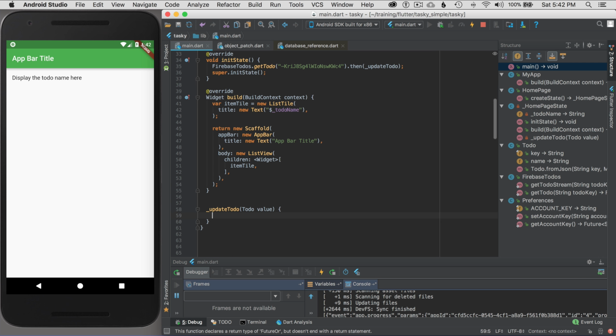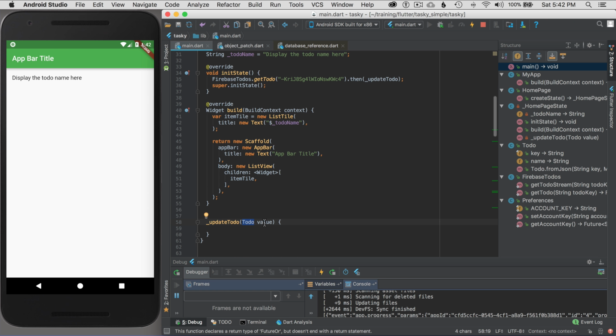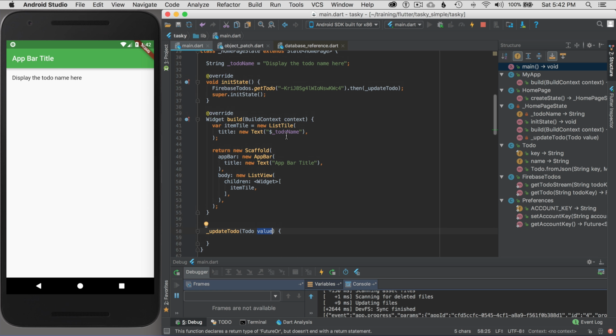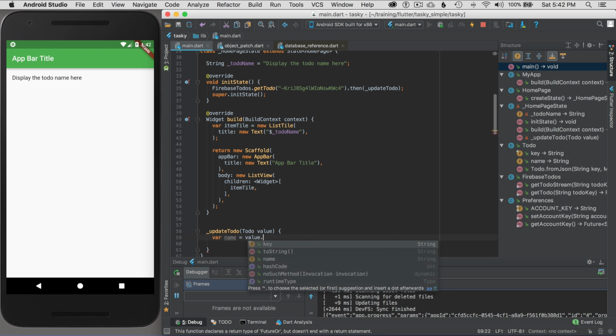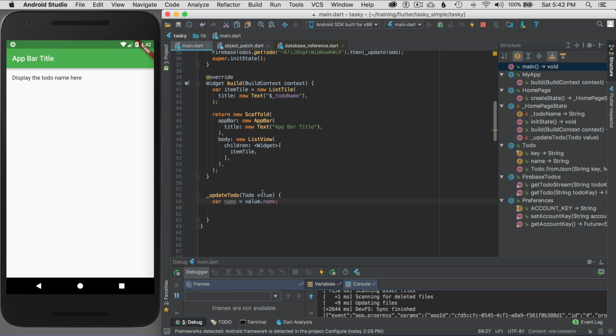So in this case, I want to say updateToDo, and then it now has a to-do value. And so how do I update the to-do name? So let's go var name equals value.name,